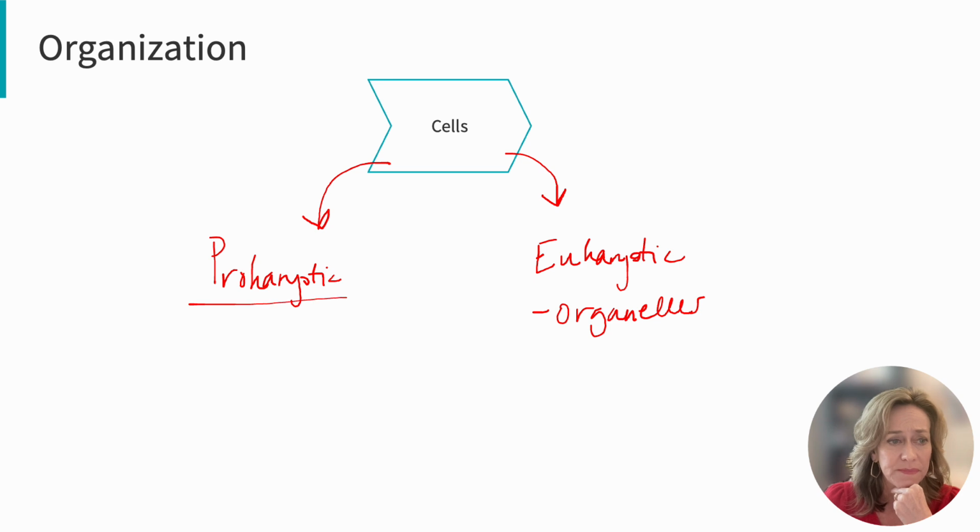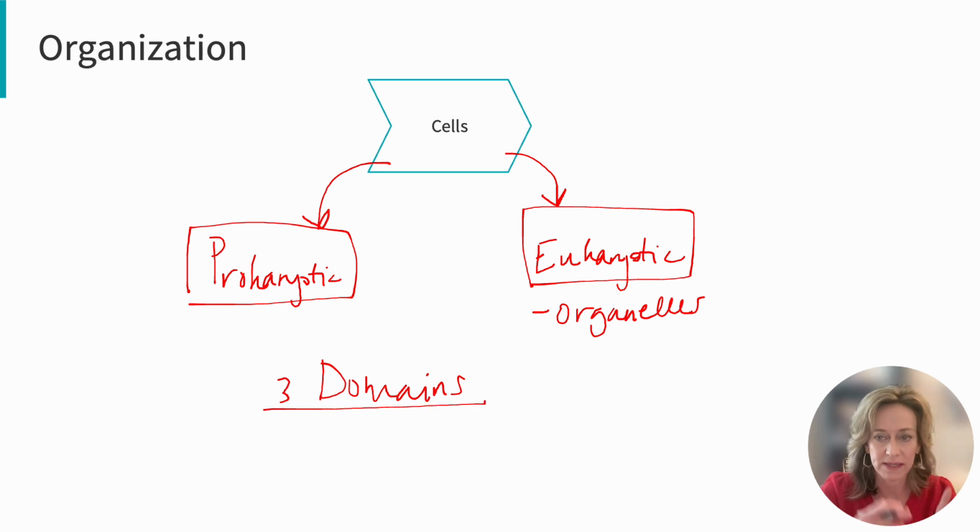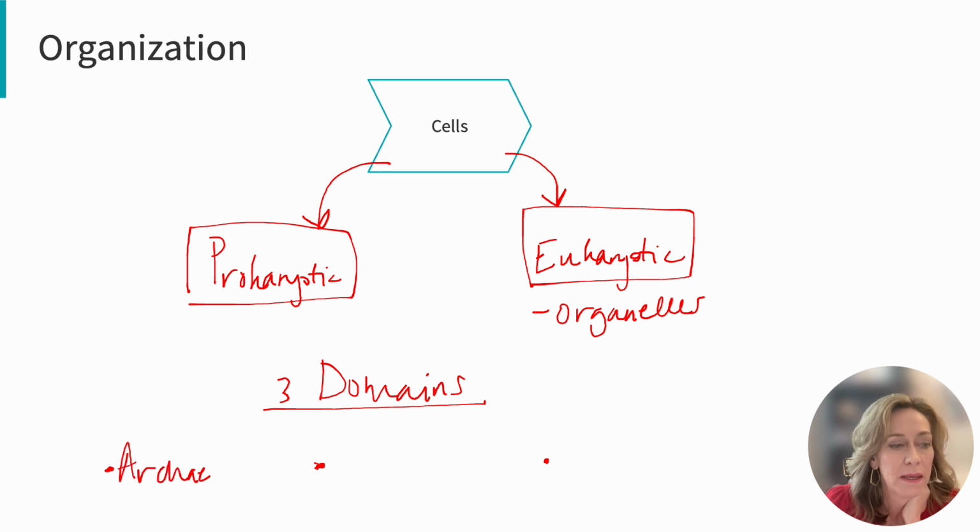Now, these are the 2 cell types. But as we're talking about organization, right, there are 3 domains that all living things are categorized in. So if we look at all the living things and we start plopping them into these categories, they all go into one of these 3 domains. So what are they? Take a minute, jot it down. All right, so we have archaea, we have bacteria, and we have